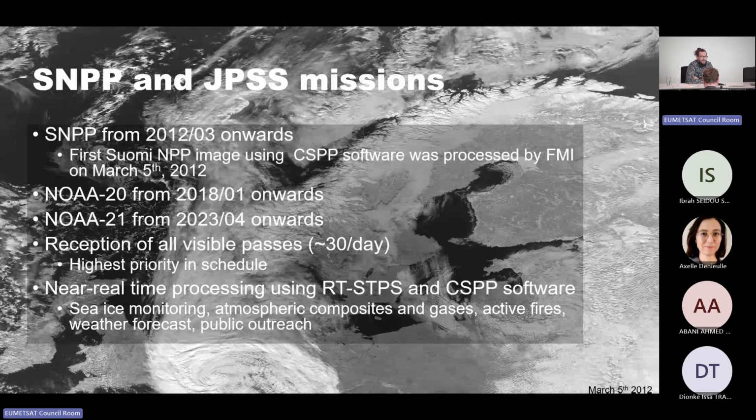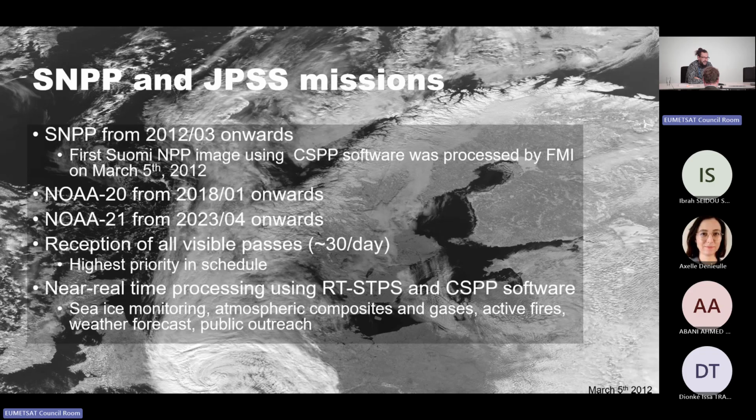Nowadays it's the Suomi NPP and JPSS missions that are our main missions, and where we use the CSPP products. And we can see about 30 passes per day for all of these 3 satellites, meaning that we are processing lots of data. And the background image is actually the first image processed by CSPP ever. So at least outside the